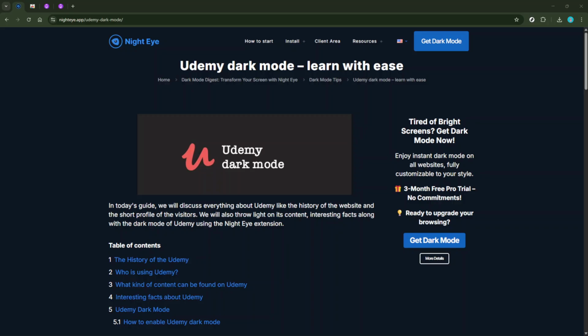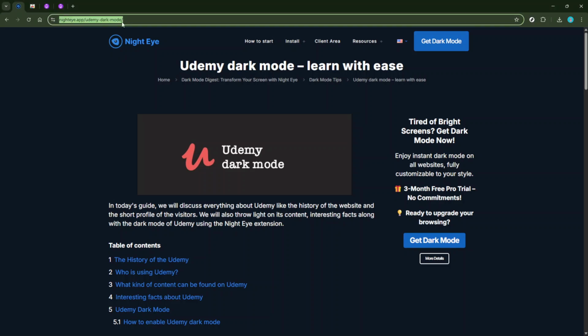Unfortunately, Udemy itself doesn't offer a built-in dark mode option, but there's an easy and quick workaround that we're going to explore today. First things first, the fastest way to achieve dark mode on Udemy, specifically on a desktop, is by using an extension. Extensions are small software programs that customize your browsing experience. For our purposes, we'll install an extension that is specifically designed to provide a dark mode experience for Udemy. This is an efficient and straightforward way to get the desired result without hassle.